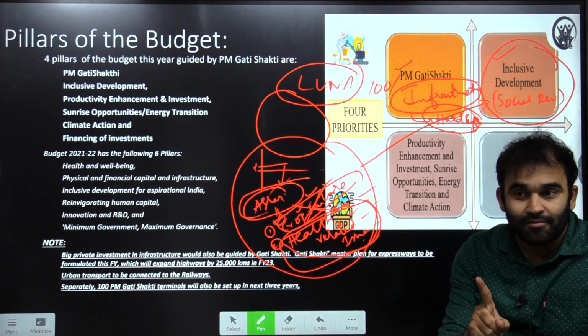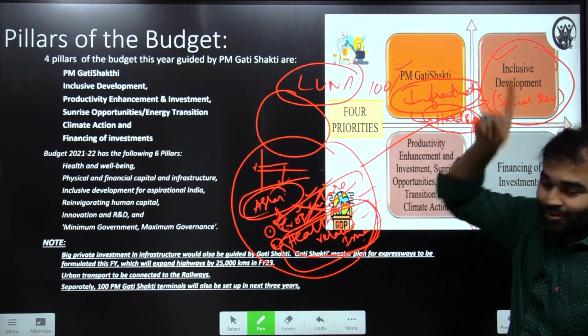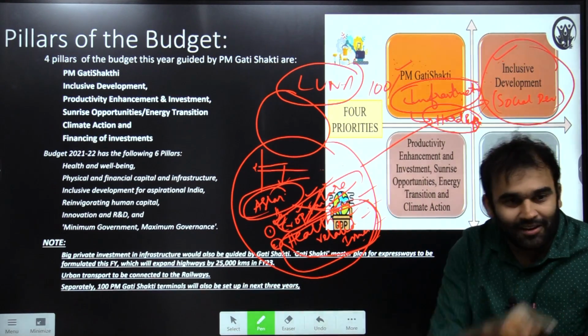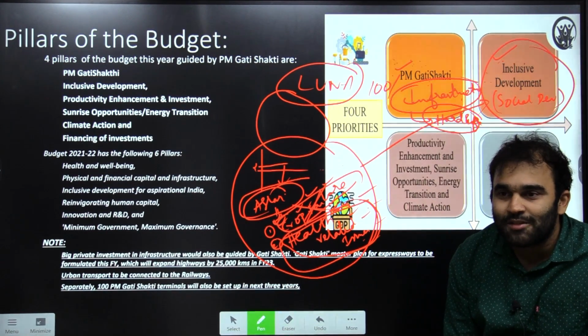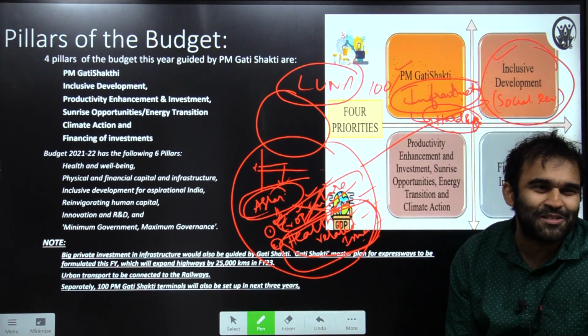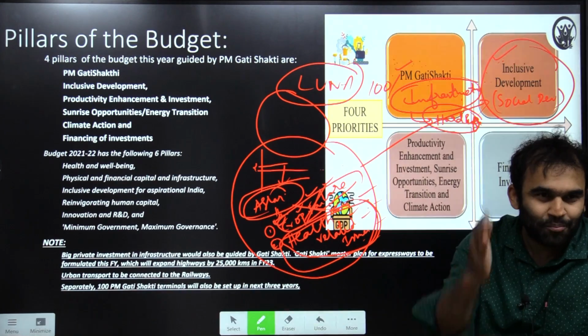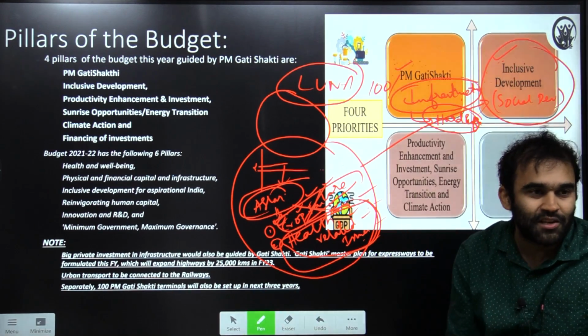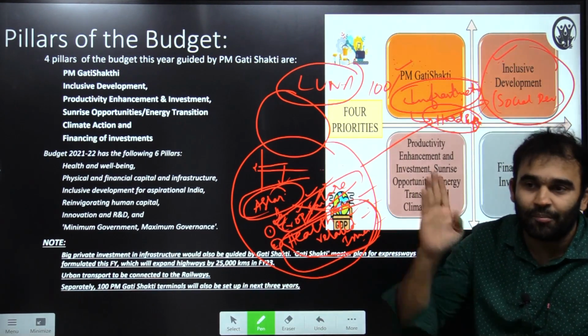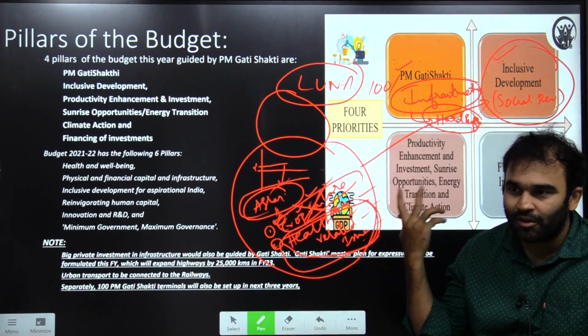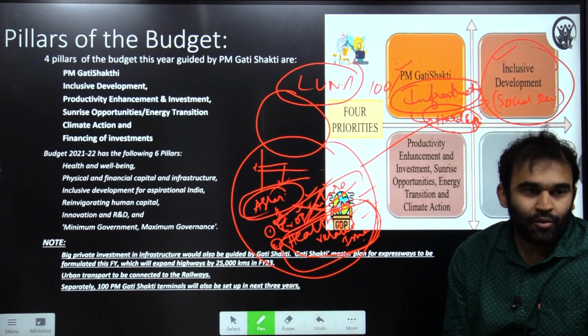I'm sure I have discussed inclusive growth even in your normal economic classes. But I'm sure some of you felt that inclusive growth is a very old concept. Why do we need it now? What are the dimensions in which, I think I also gave some points, right? What ways can we achieve inclusive development? All of them become relevant now. If the government itself is talking about inclusive development now, you have to focus on them.